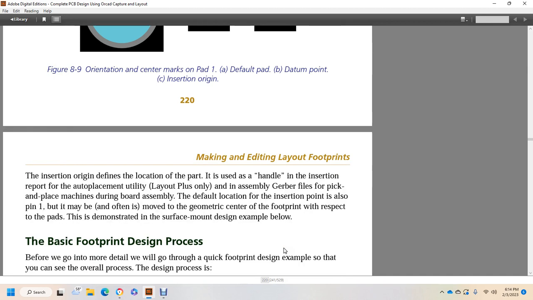Insertion origin is the defined location of the part. It's used to handle the insertion report with the automatic placement utility, Layout Plus only. It is used in assembly, the Gerber file, and the pick and place machine joining with the board. Some of the default locations of the insertion point are off pin 1, but it may be, and as often as not is, moved to the geometric center of the footprint with respect to the pads, demonstrated with the surface mounted